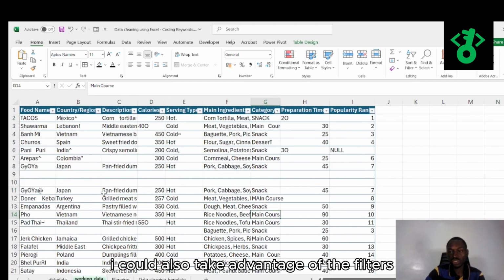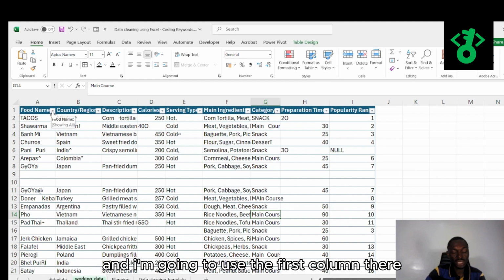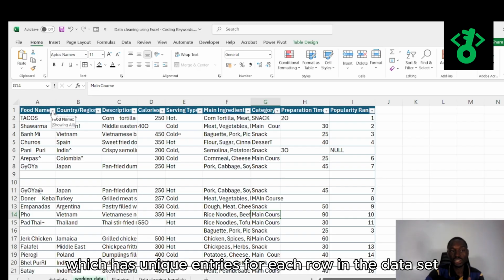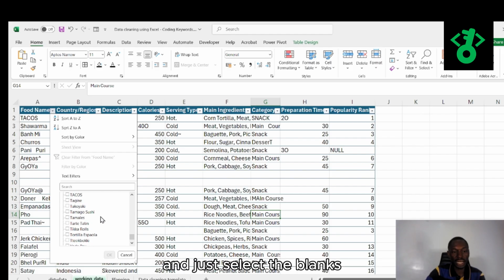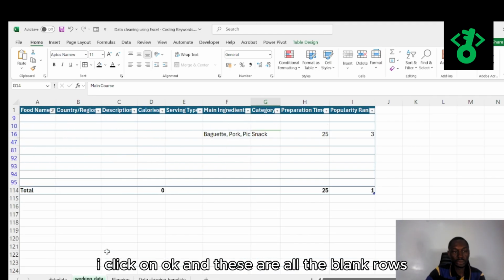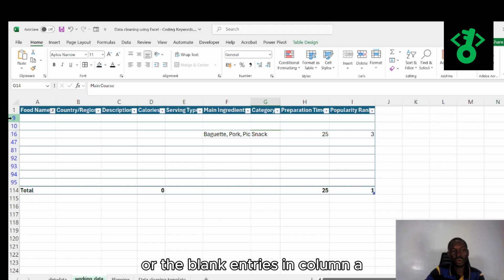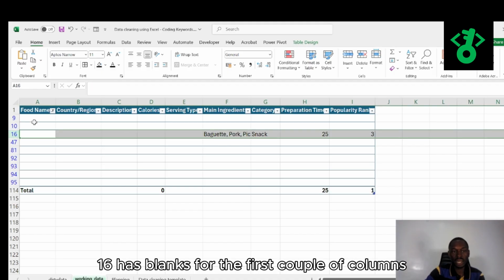I could also take advantage of the filters. So I'm going to take advantage of the filters, and I'm going to use the first column there, which is food name, which has unique entries for each row in the data set. And then I'm going to deselect everything and just select the blanks, which is usually at the end. I click on OK, and these are all the blank rows or the blank entries in column A, and I can see that row 16 has blanks for the first couple of columns,